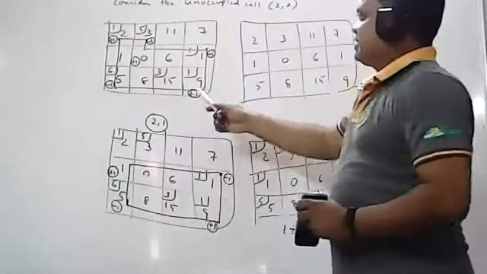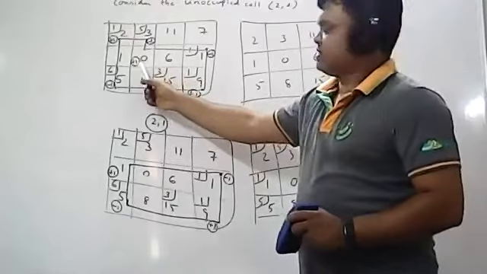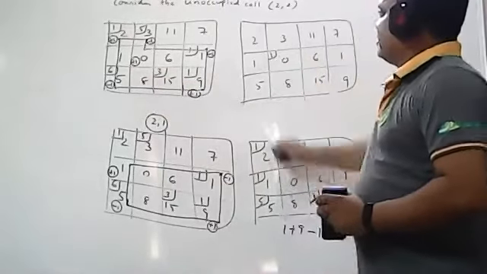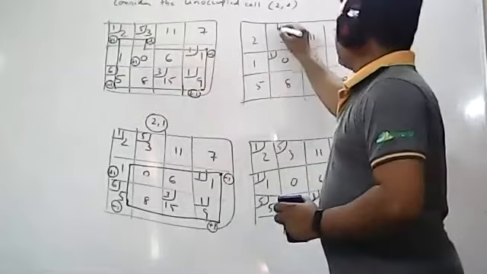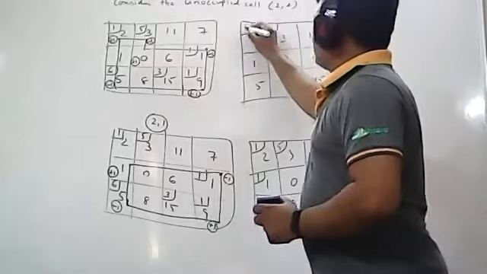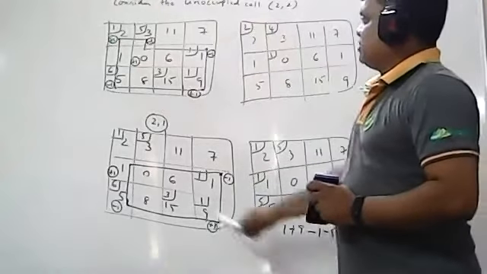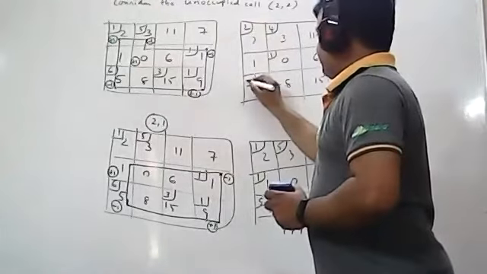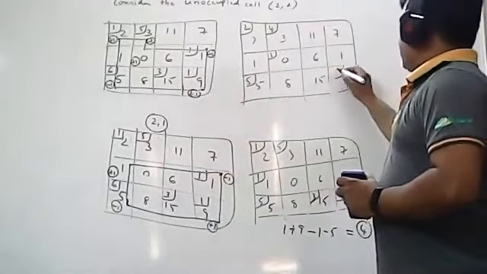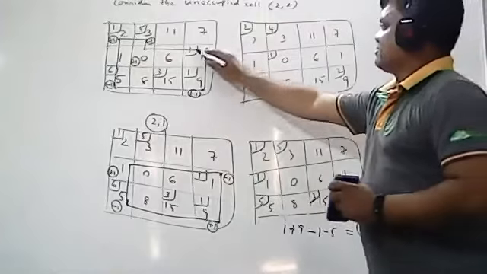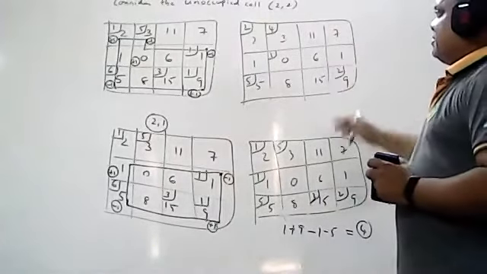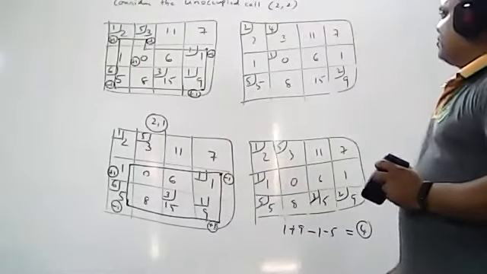Okay. Now wherever you get an unoccupied cell, first this is the unoccupied cell, first finish this one. So plus 1 means 1 is added. Minus 1 means 5 minus 1, which is 4. Plus 1 means 1 plus 1, which is 2. 1 plus 1 means 2. Next minus 1. Minus 1 means 5. Next this is plus 1. Plus 1 means 2. Plus 1 means 2. And this is minus 1. Minus 1 means 0. 0 means this is also eliminated. This one is eliminated now.